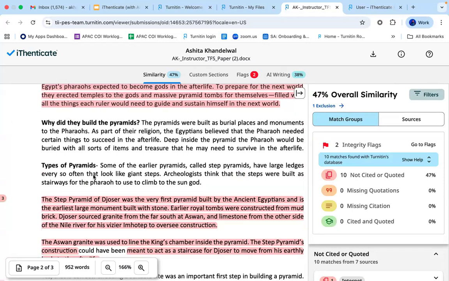Whenever I exclude any text manually, my percentage automatically drops down, the similarity score percentage as well as my not cited and quoted percentage. So now, after analyzing my paper, I have found that this 47% of my text is actual plagiarism. So this is how you can also analyze. If you want to know the exact plagiarism percentage, you can use these exclusions and then find out that this is the plagiarized text, but my overall percentage of similarity is this one.